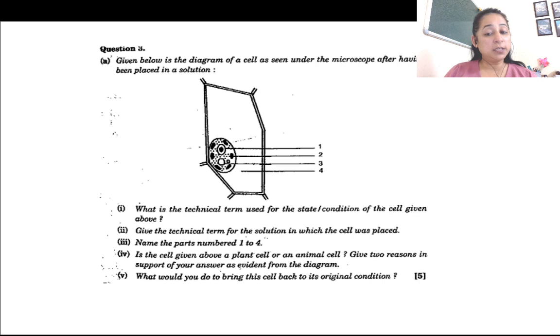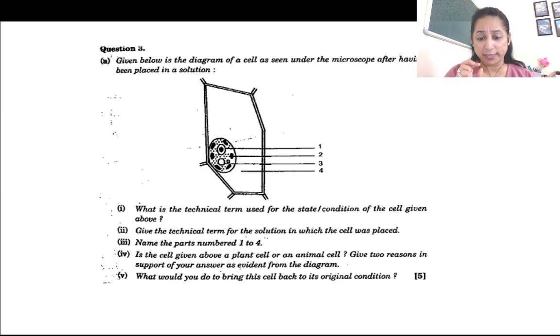What is the technical term used for the condition? It is a plasmolysed state. In plants, a shrunken state is known as a plasmolysed state. Give the technical term for the solution in which the cell was placed. That's a hypertonic solution. Label the parts. So 1 is nucleus, 2 is chloroplast, 3 is vacuole and 4 will be hypertonic solution. क्यों? क्योंकि cell has shrunken. तो बाहर तो कुछ तो सोल्यूशन होगा, तो वही सोल्यूशन इज देयर, दैट इज हाइपरटोनिक सोल्यूशन विच इज मेकिंग इट